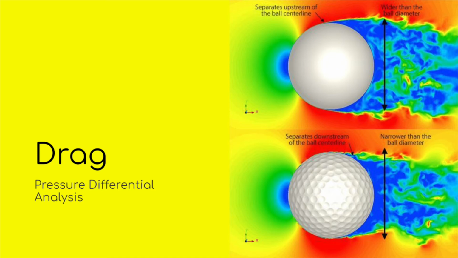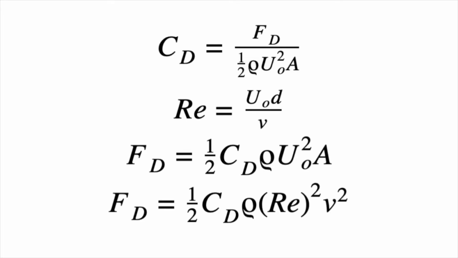In order to reduce drag, ultimately we want to reduce the area of turbulent flow. Here are some equations that will be important. On the first line is the drag coefficient, which is the ratio of the drag force on the ball over 1/2 the density of air times the free stream velocity squared times the cross-sectional area of the ball. The second line is another dimensionless number, the Reynolds number. This is the ratio of the free stream velocity of the ball times its diameter over the kinematic viscosity of